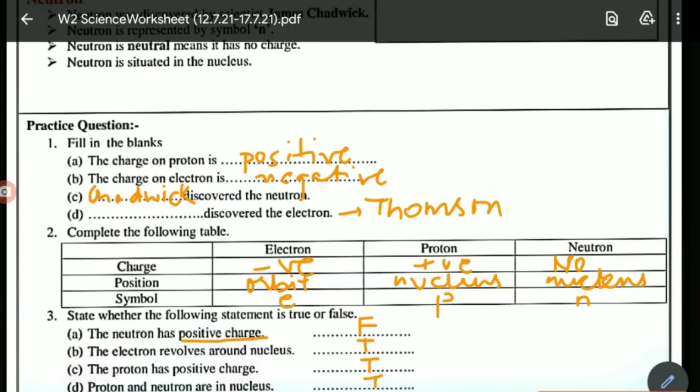James Chadwick discovered proton. So who discovered proton? James Chadwick? Yes or no? No, it's false. So who discovered proton? It was E. Goldstein. So the statement is false. So these were the questions related to today's